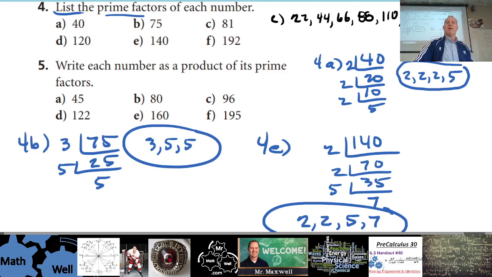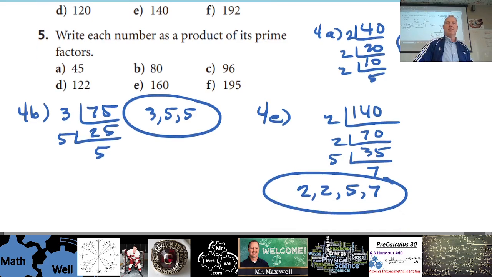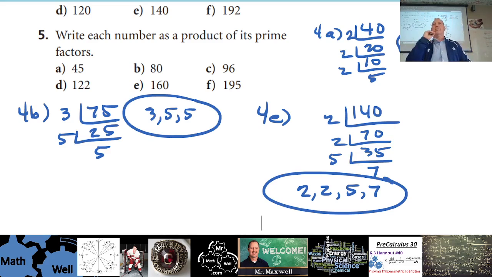I'll just do quickly 5 here to give you a highlight of 5. When it says write each number as a product of its prime factors, then you have to list all of them and as a multiplication. And again, we won't use x as a multiply, please. Just use a dot or brackets. So dot's the easiest one to do. So for 5,